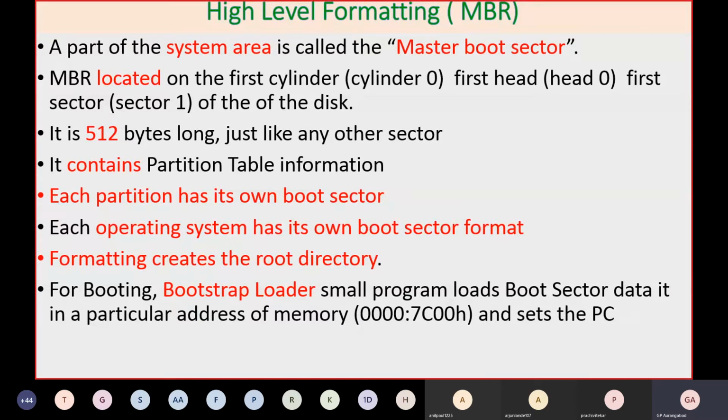Then from that master boot record, it locates where the boot sector is. As I said, the boot sector varies. For every partition there is a boot sector, and for every operating system its boot sector is different. For all the operating systems there is only one MBR. Whether you have Linux or Windows, the master boot record will be only one, but immediately after the MBR you will have a boot sector, one for each partition.